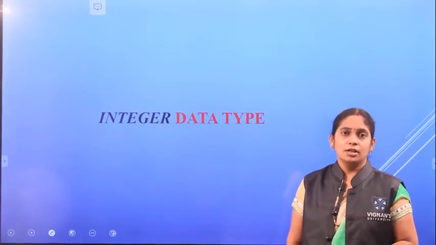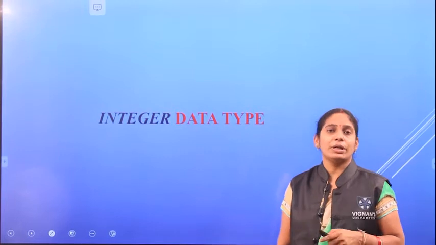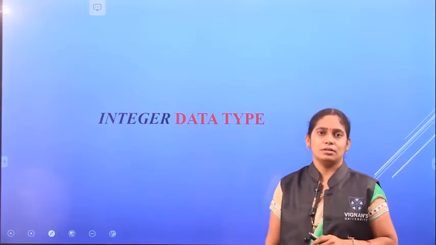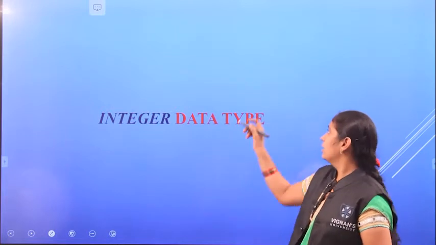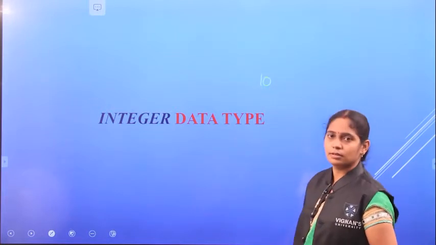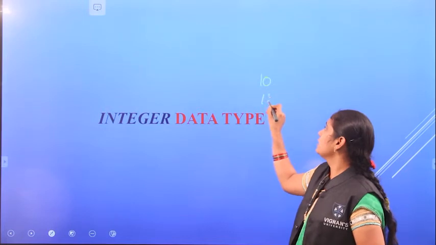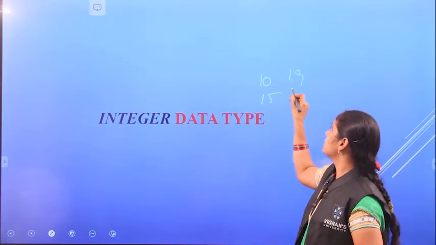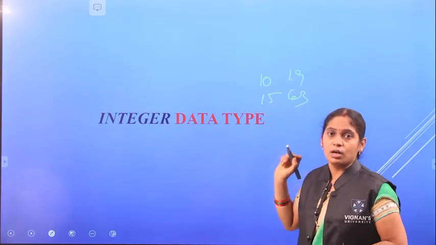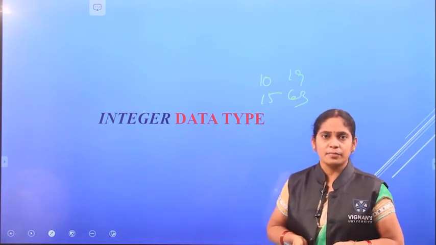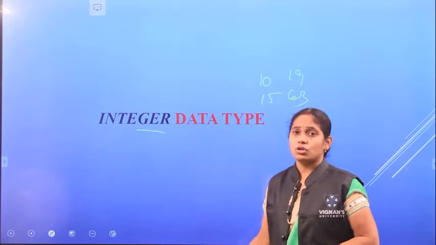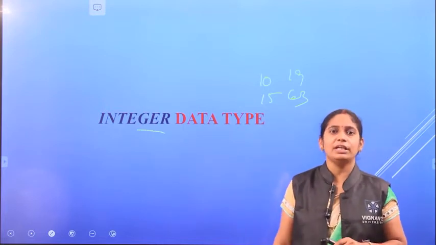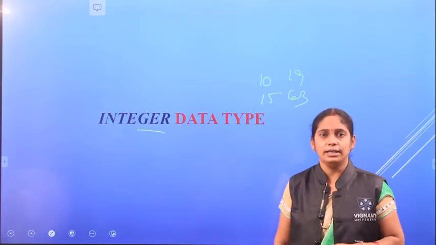The next data type is the integer data type. In our previous example, to represent the age, how did we represent it? The age as 10 years, 15 years, 19 years, 63 years like this. Which type of value is it? A whole number, that is nothing but an integer. So to represent such whole numbers, we need to use a data type called integer.